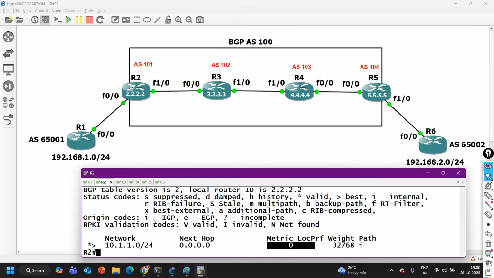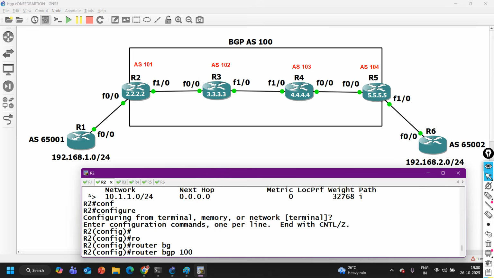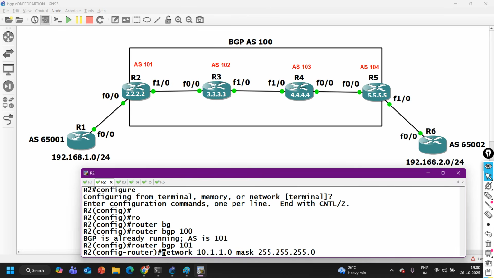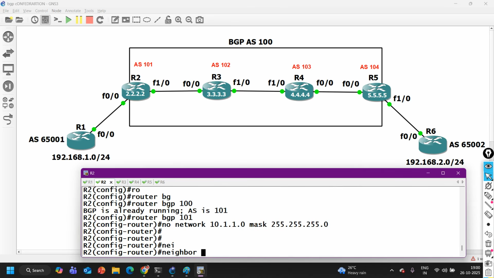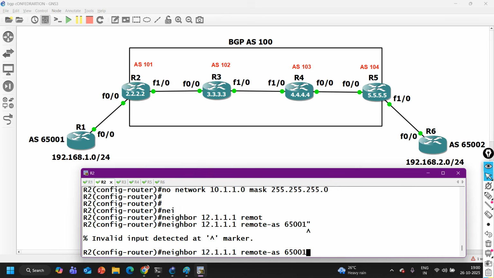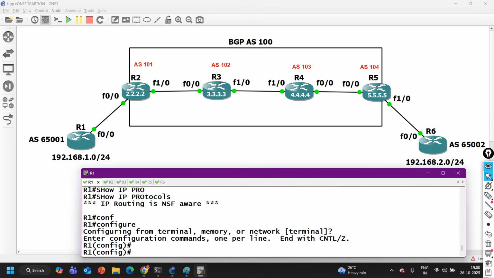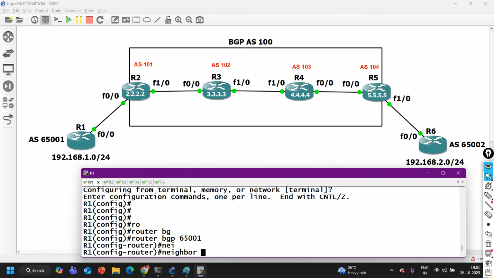Great. Now from router number 2 I am going to remove this loopback. Router BGP AS number 101 and no to this network command. Right now let me configure BGP between customer edge and provider edge. Neighbor 12.1.1.1 and remote AS is 65001, and go to router number 1 and configure here BGP neighborship: router BGP 65001 and neighbor 12.1.1.2 and remote